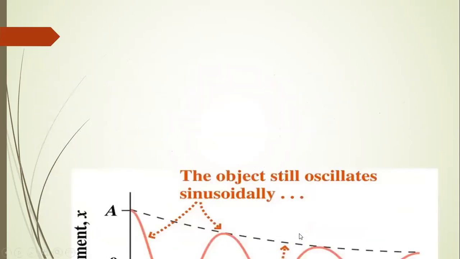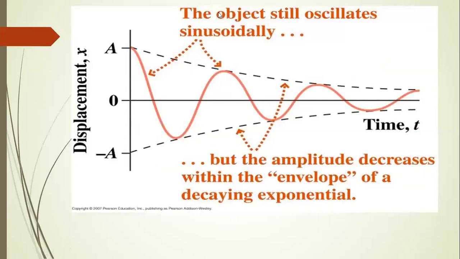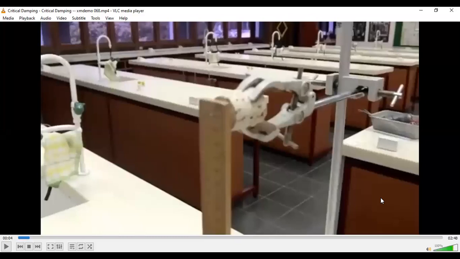So this is what damping is, and this is one of the graphs. You can say that this is the displacement versus time graph, and when it is losing energy, its amplitude is decreasing. Okay, now I'm going to show you a video of this damped oscillation that will make your concepts clear. We are going to see an activity that is performed in the lab.